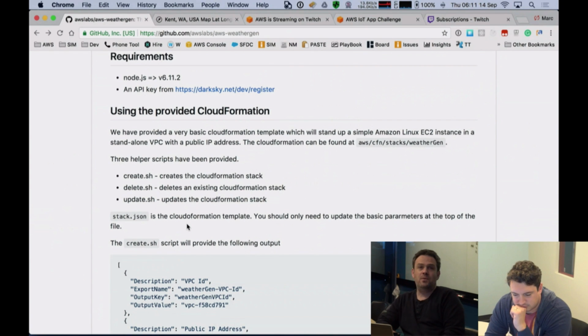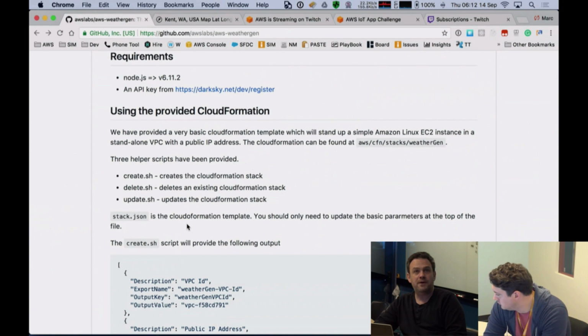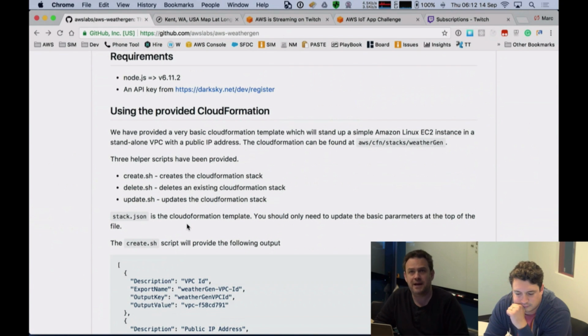Now, of course, we can run code on our local development machines, and we're going to geek out on that shortly. But we can also run the code that we're providing on AWS EC2 instances, which is our compute platform, Elastic Compute Cloud. To make that easy for you, we've provided a CloudFormation template and some helper scripts that are going to stand up a virtual private cloud, a VPC, which is your own walled garden within the AWS public cloud environment.